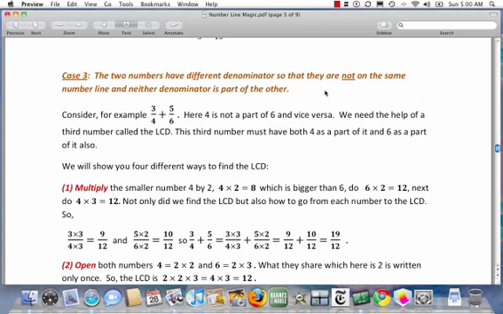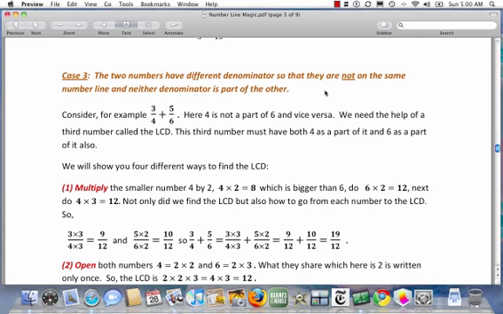Case 2 is a little more involved in that the denominators are not the same, but one denominator divides the other. That is, one number line is part of the other number line. So what you have to do is move the fraction with the smaller denominator onto the number line of which it is a part, and that is building up one of the fractions, so they will both